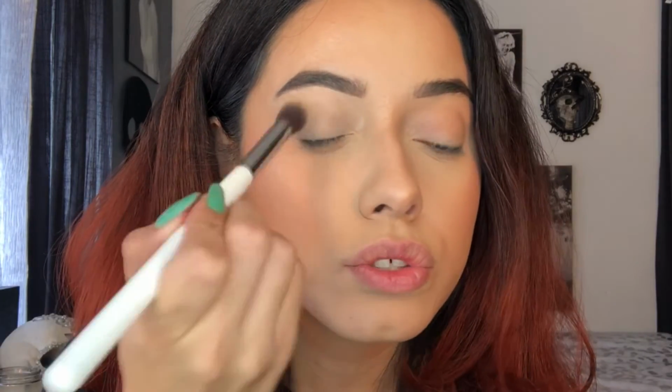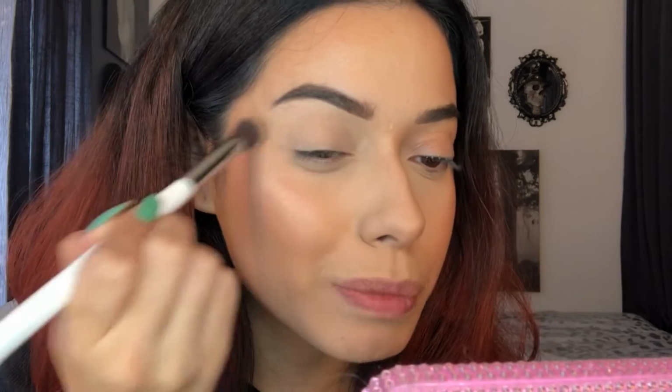And with a brush, I'm just gonna go ahead and blend this out. When you're done blending this out, you're gonna get a little bit of translucent powder and just set it so it doesn't look too wet. Like that, you can put any eyeshadow product you want to put on, any base or eyeshadow primer, you know what I'm saying? Okay, now that that's done, I'm gonna go in next with my 24-hour brow setter,